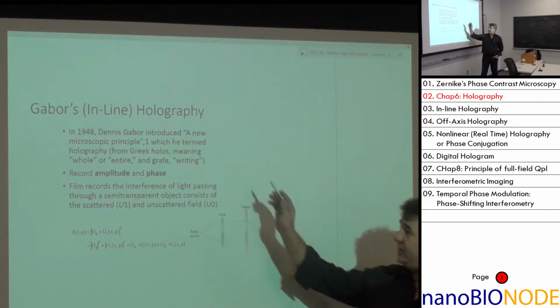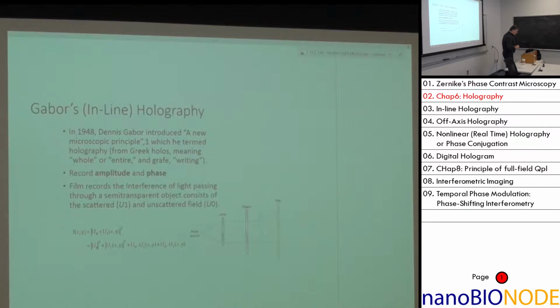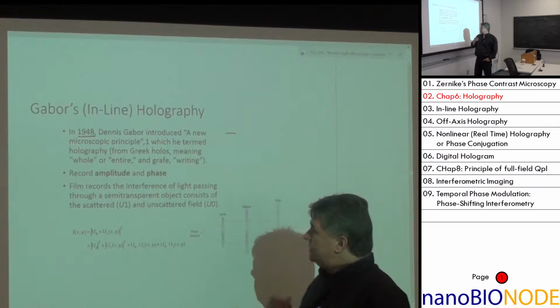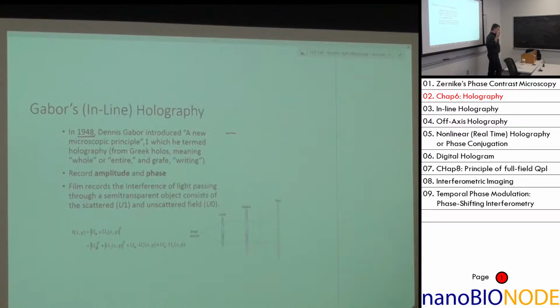Although his first paper did contain some kind of a micrograph. So his first paper was, I think, this one, 1948. But really, holography took a path of its own, and it's been associated ever since, really, with optics. Okay? So the idea is that